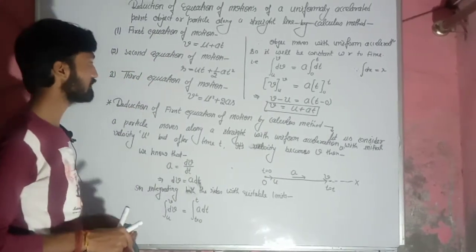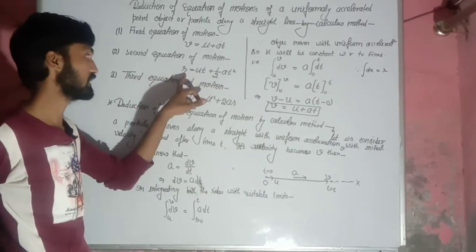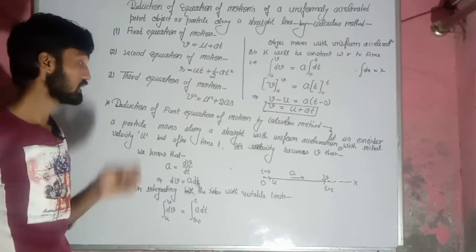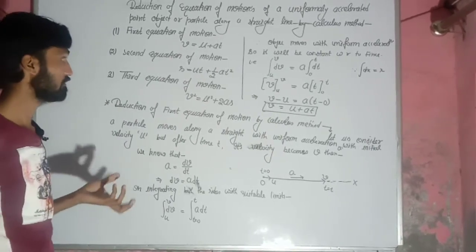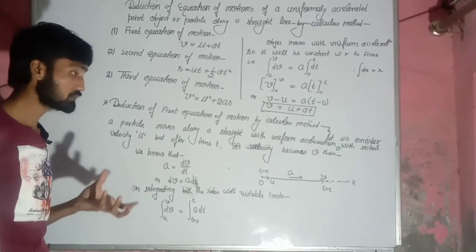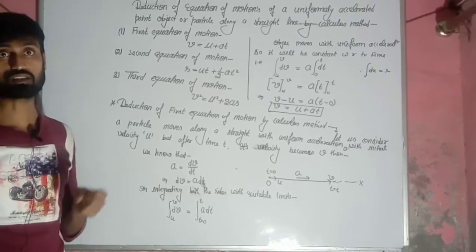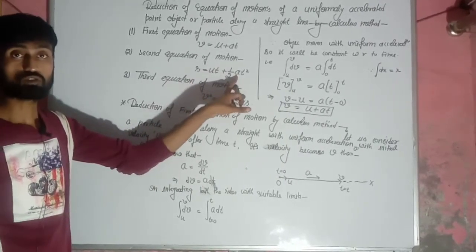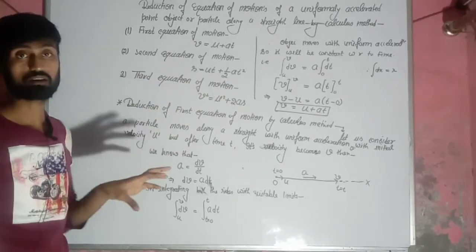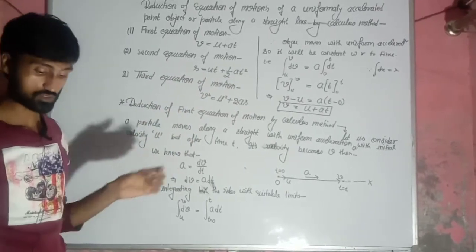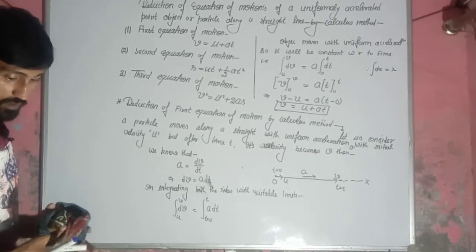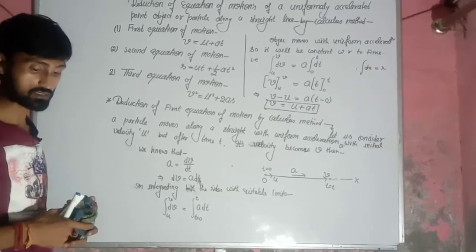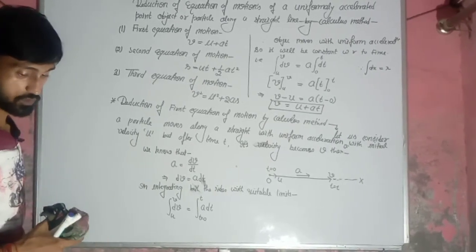For the second equation of motion we require the displacement, and you know very well that displacement and velocity have a special relation. The ratio of the displacement with respect to time is known as the velocity of the moving object, but we also require the acceleration, so we will relate the displacement with acceleration. The problem is very interesting, and due to this it is asked in examinations many times.